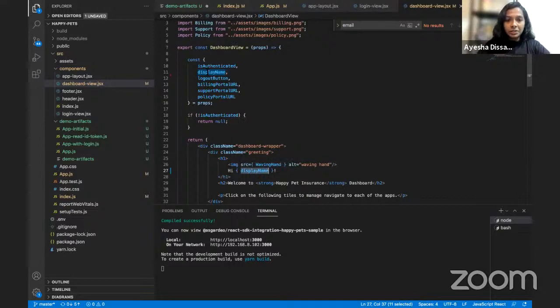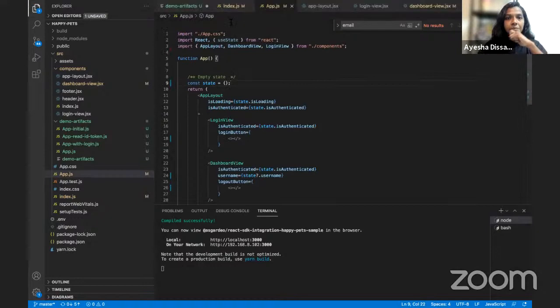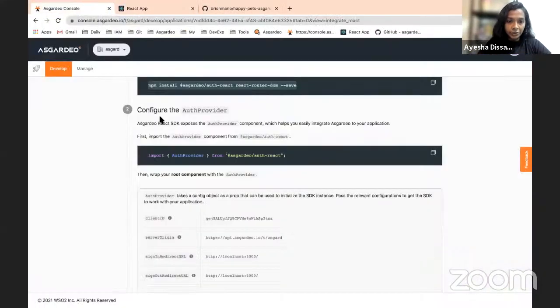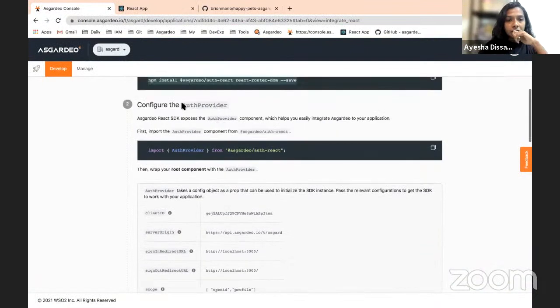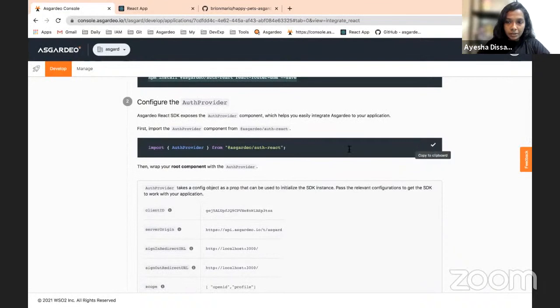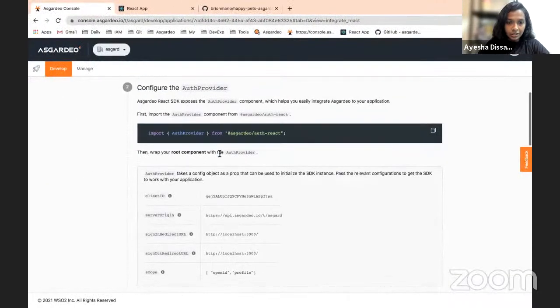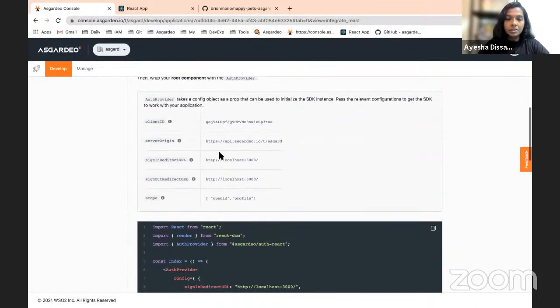And so you will see whatever the address that you pass from the application to the view from here. So going back to Asgardeo. So now I have already installed the SDK. Now I am to initialize this auth provider. So let's get that part copied, and I will go to my Next.js and import the auth provider from the React SDK. And so if you're familiar, you know, these are the